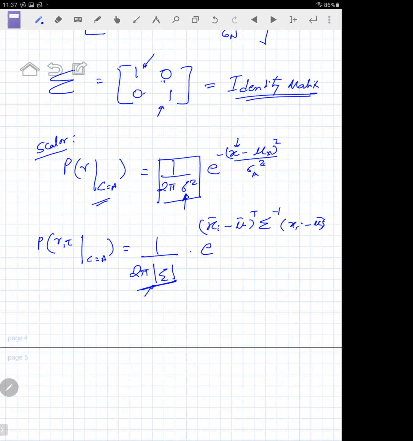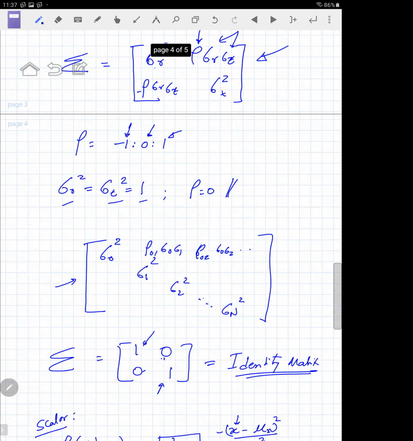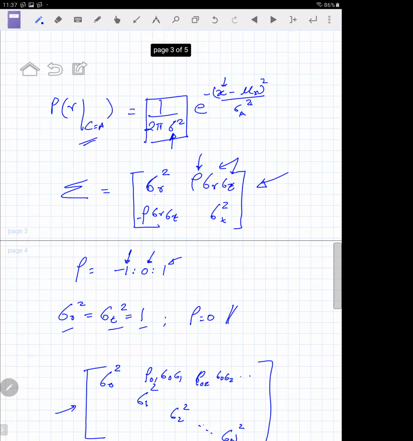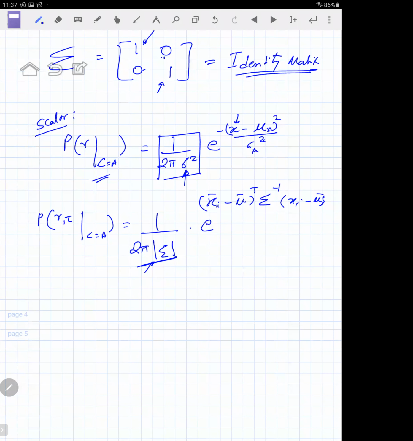Right? So what does this mean? This says how far is my vector xi, a particular measurement xi, going back over here, any one of these entries xi, from my mean, similar to your scalar. How far is x from the mean? You take the square of it, and if you were to multiply this quantity with this one, you will see that this is a vector square, which is called an inner product, and I'll show you in a minute how. And then you scale it by the covariance matrix.